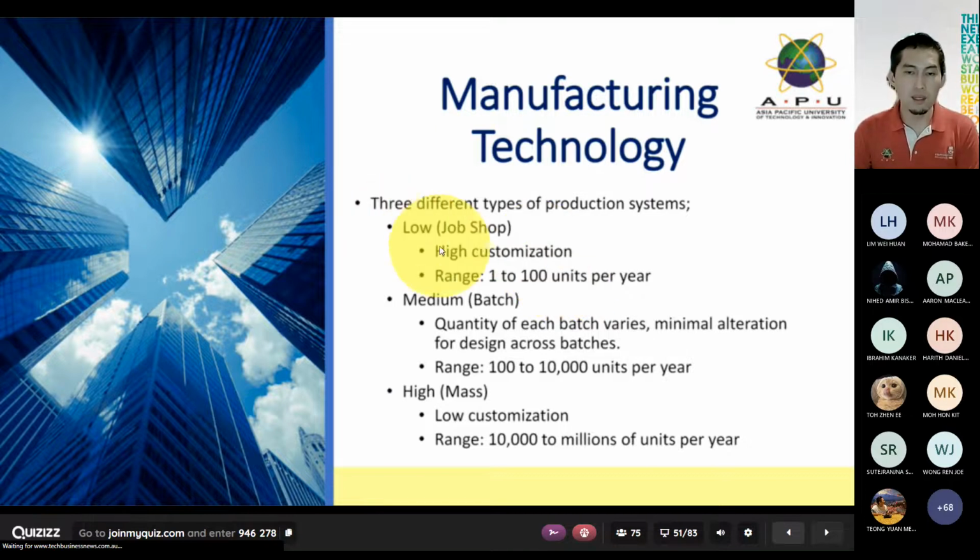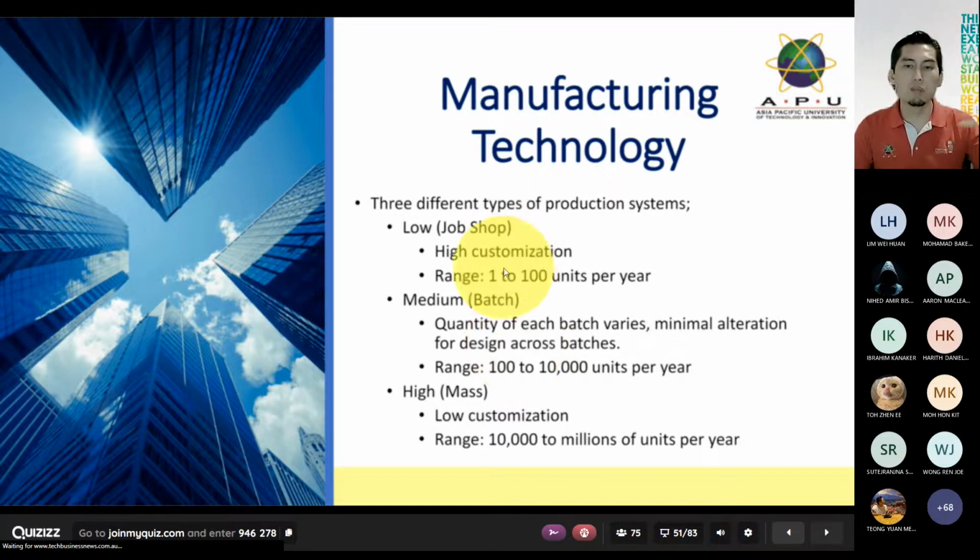In the exact opposite, if you go to high, this is mass manufacturing, whereby there is very low customization. When there is low customization, you actually produce in very, very high numbers: 10,000s to even millions of units per year. At Mattel, when we were manufacturing toys, we were easily under a high production system, which is mass production. In the middle is where you will find